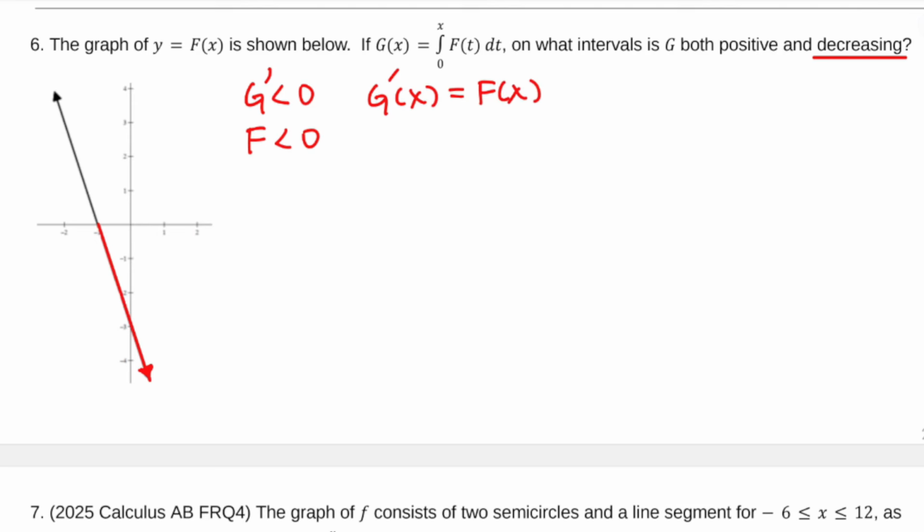So I'm going to go in and say, all right, well, g of 0 is equal to 0, because there's been no area yet. That's my first point. Then my second point is going to be when x is greater than 0, g is the integral from 0 to x, so I'm going to be counting negative area. Okay, g of x is going to be negative. And then my third point is when x is between -1 and 0,